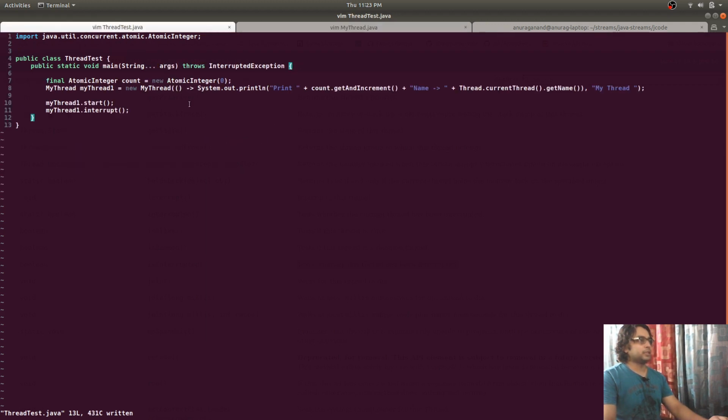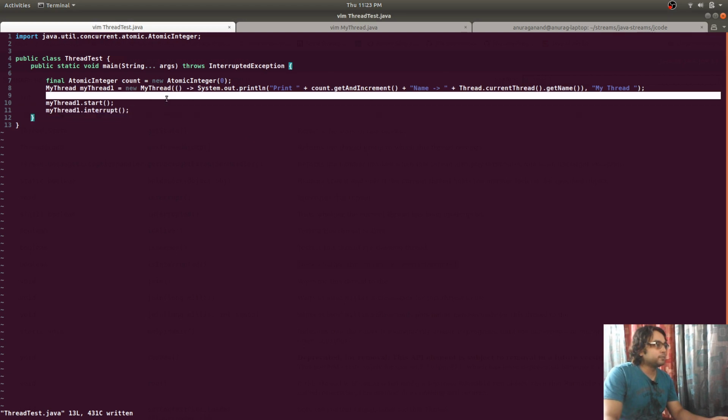So catching the exception clears the interrupt status. Okay.